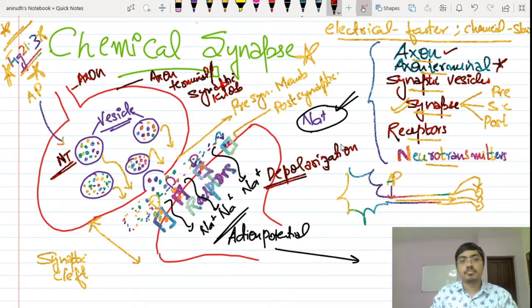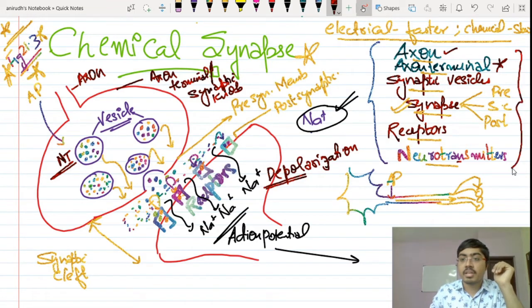That's it. Now, this particular depolarization can be excitatory or inhibitory. That is a very important sentence that you need to understand here. Okay. So this is your axon terminal, and that's it. Receptors and neurotransmitters, everything needs to be marked in this particular diagram. Now check that diagram in the textbook and start understanding each and every part over here. I have marked everything that is given in the textbook. Try to understand that from that particular diagram itself.